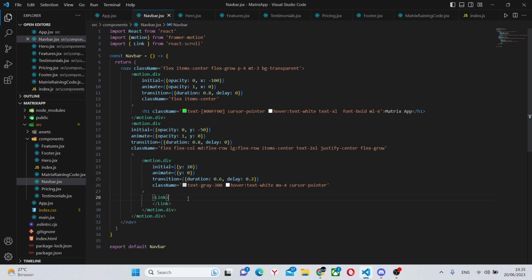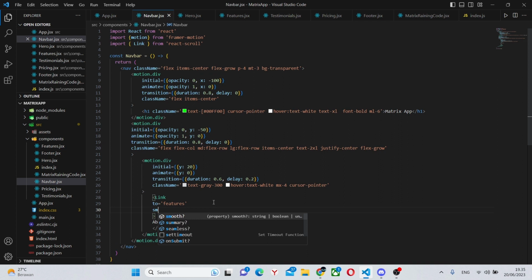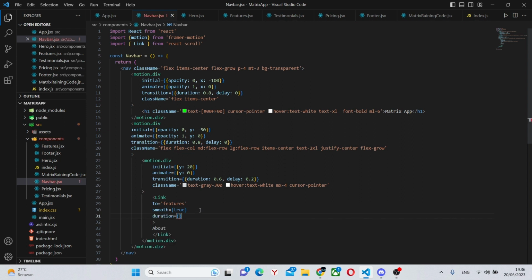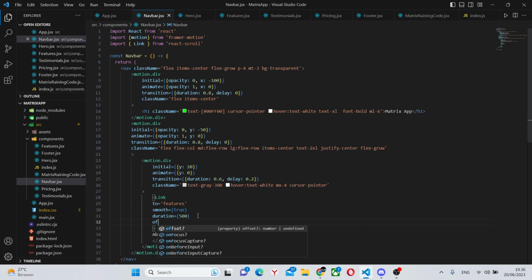In here we're going to have our link, and it's going to be about. For this link we're going to have some parameters, so to features, smooth, which will make the scrolling smooth and realistic. Next we're going to have a duration of 500 milliseconds, and an offset of -70.